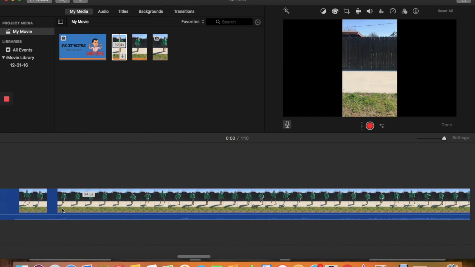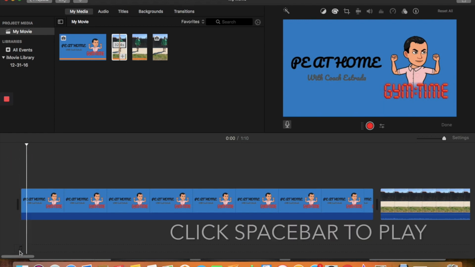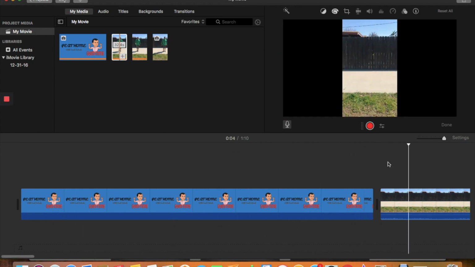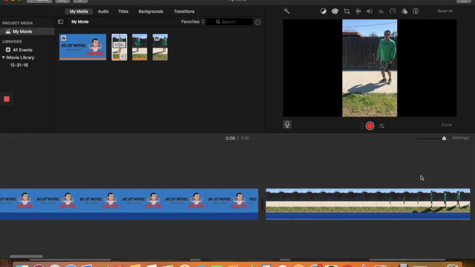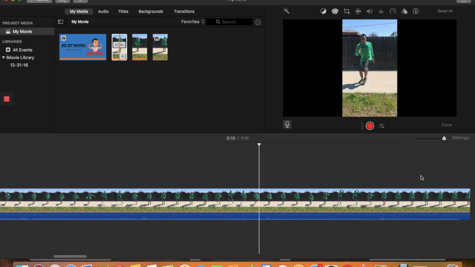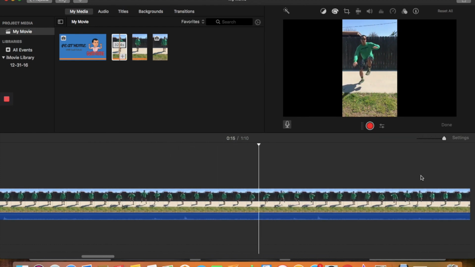Now, if I were to play this straight from the beginning, you want to click up here. You don't want to click here or down here or anything. This is how you're going to select where to start. You just hit the space bar. And it's going to be moving. And for you to follow it, you have to scroll with 2 fingers from right to left on your mouse pad. So right there where I made a mistake,